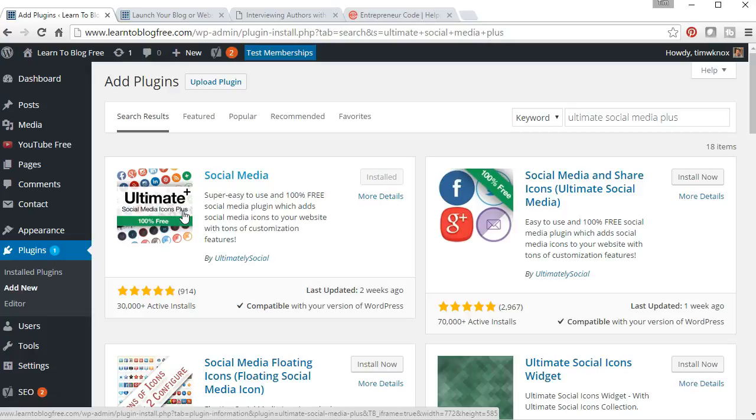It'll also let you easily create an opt-in list, a subscriber list, and will even let you do a pop-up where when someone comes to the website, a little screen will pop up and ask them if they would like to subscribe. So if you don't have this plugin, simply go to your plugins section, click on the Add New button,